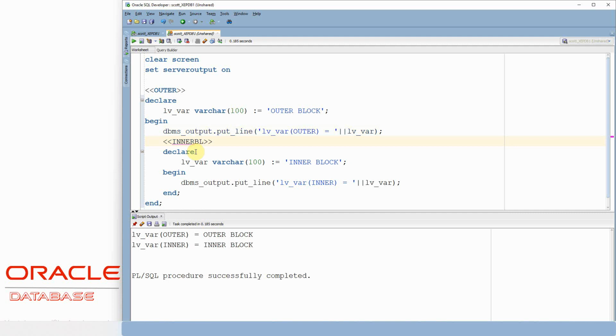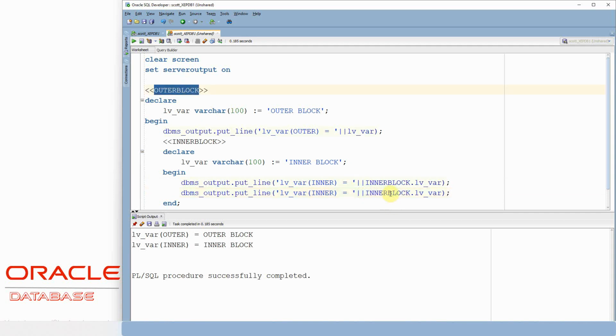Let's say inner block, the same way I'm saying outer block. So now I'm going to refer to inner block name dot variable name. Similarly, I'm going to print outer block name dot variable.